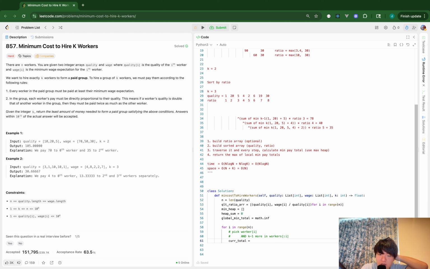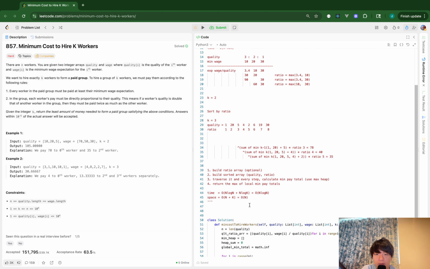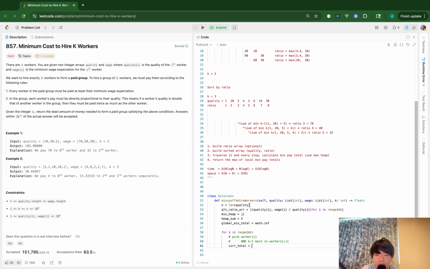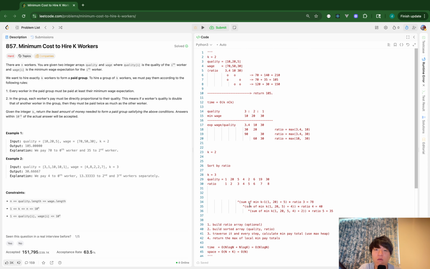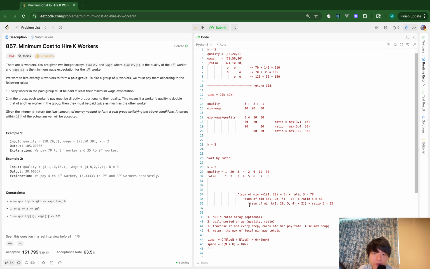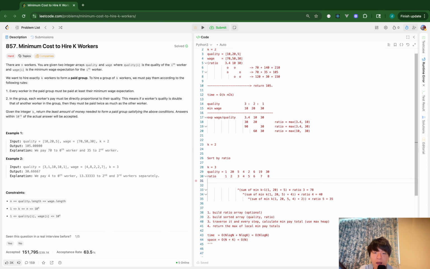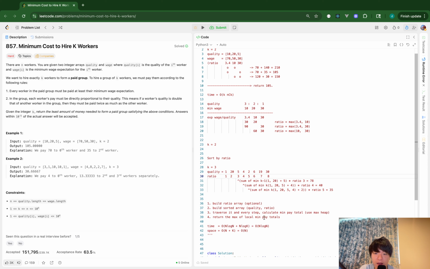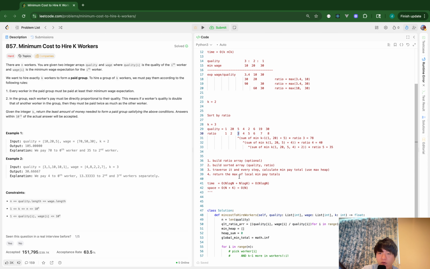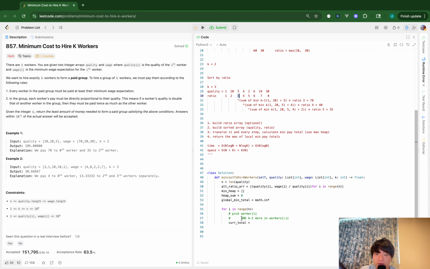Okay. So what I can do is, let me tweak my implementation, I mean, logic a little bit. I said for each step, I calculate the min pay total, in which I choose the worker at the current pointer and k-1 workers from the previous workers. But I actually don't have to do it. I can say instead of this in lines 56 and 57,